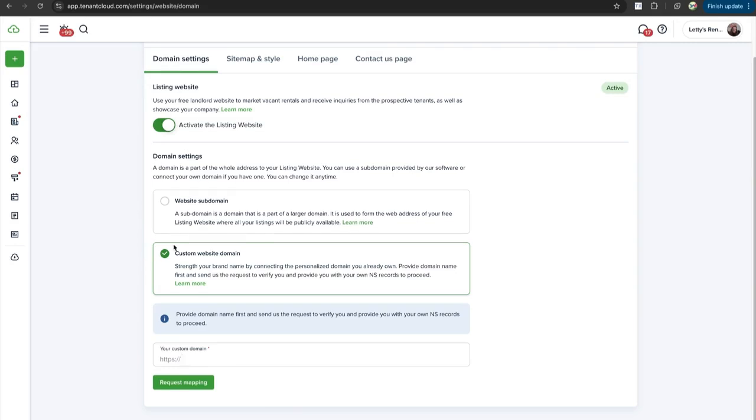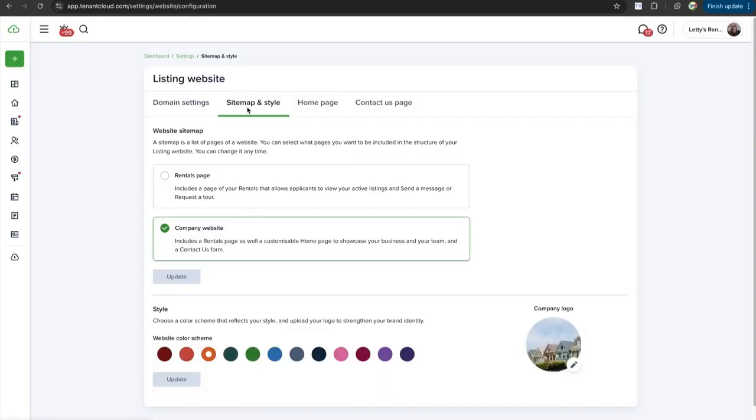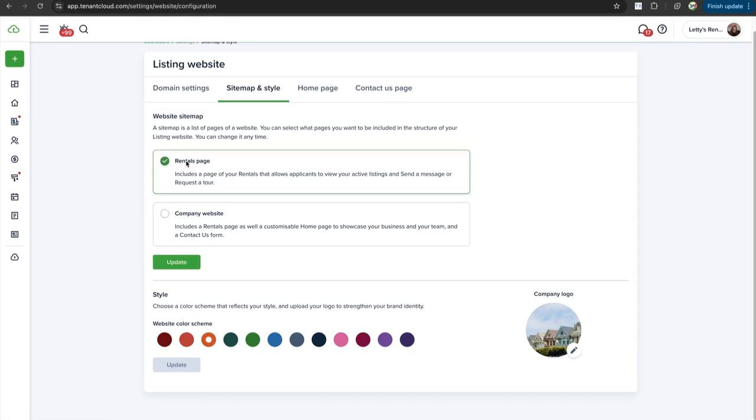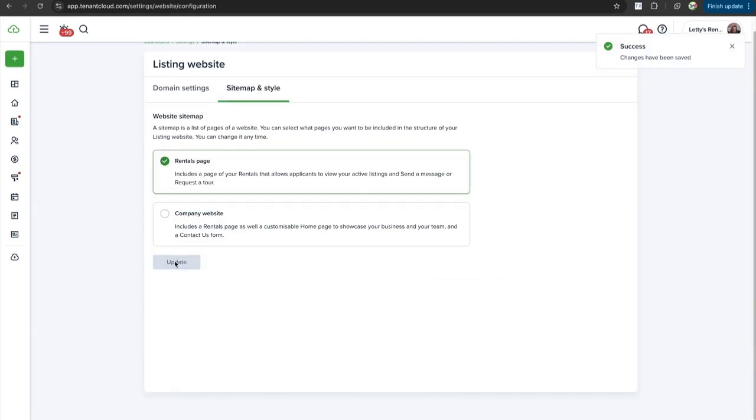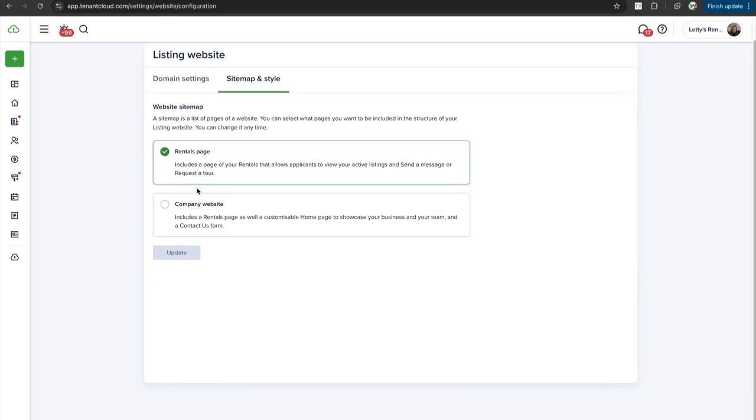So it's really great. We'll see a little bit more here in a second. If you click on the sitemap and style section, there are two sections. There's a basic rentals page, which is very bread and butter. It shows you the map. It shows you the listings that are available. Applicants can filter through your available rentals and hit apply, send you a message. They can request a tour. So it's got everything that you need for listings, and it does have filtering available as well for an